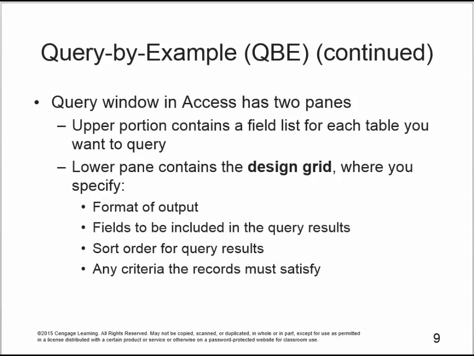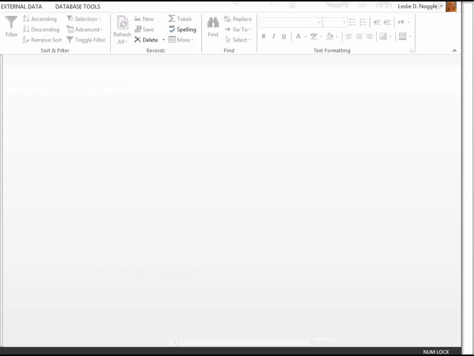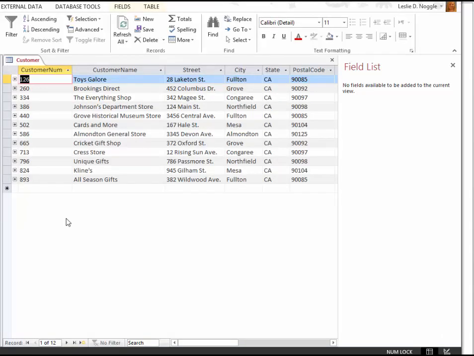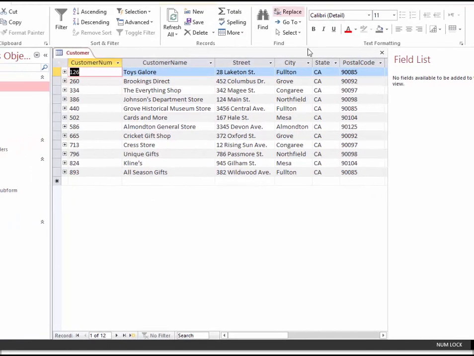So last week you were able to perform queries simply by looking at a table, and you might have had a question that said list all of the customers that have names that start with C's. And you could tell that information simply by looking at your table and hand pulling out all those customer names that start with C's. But we can use QBE to have Access pull that information for us,